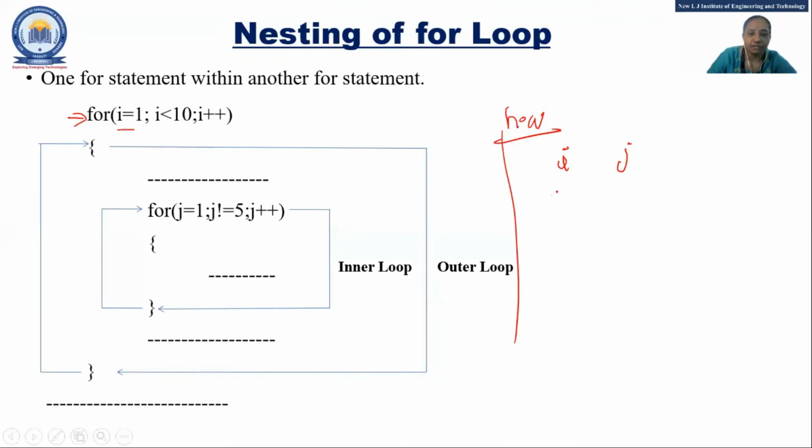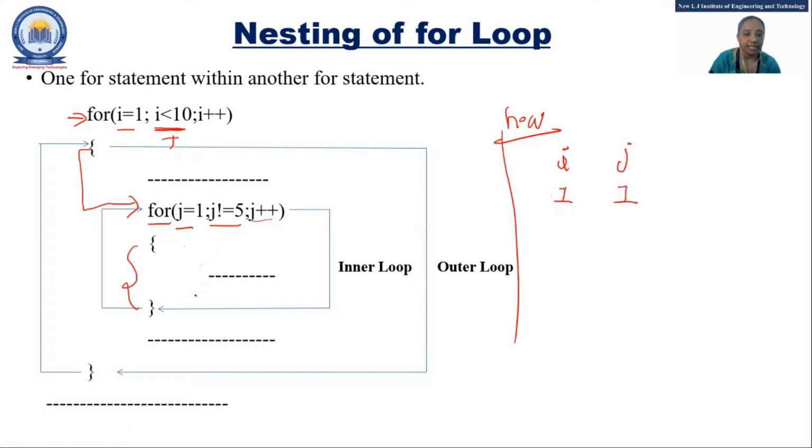So you can see that i equal to 1. So here i equal to 1. i less than or equal to 10, yes, correct. So what happened? If this condition is true, it will go inside, into the inner loop, that means the body of the loop. Again there is a for loop, so j equal to 1. It will start with j equal to 1 and j not equal to 5. That means this loop will be executed until j becomes 5. And j plus plus.